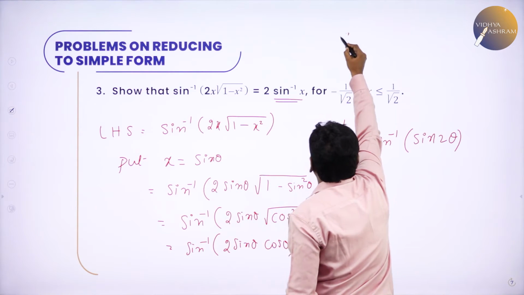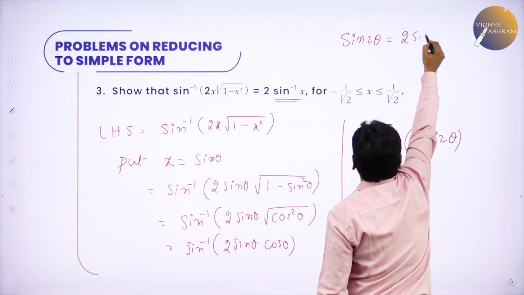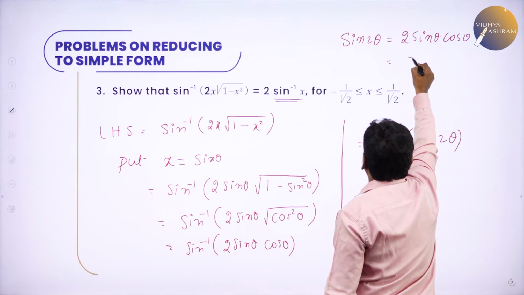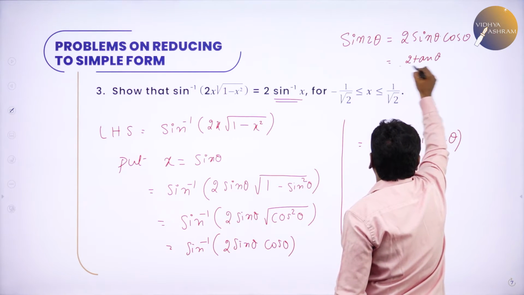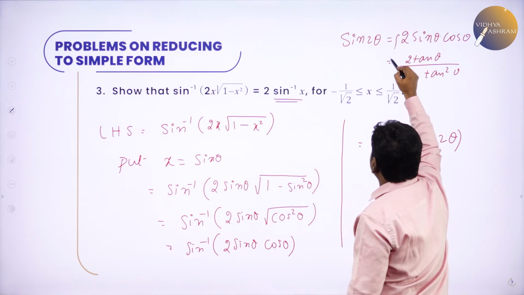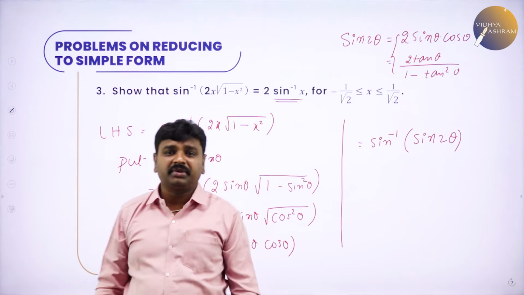You know the sin 2 theta formula. Two formulae we have for this. Sin 2 theta is 2 sin theta into cos theta. This is one of the formulae. And what is one more formula? 2 tan theta divided by 1 minus tan square theta. Become thorough with sin 2 theta. For sin 2 theta we have two formulae. One is 2 sin theta cos theta. The other one is 2 tan theta by 1 minus tan square theta.